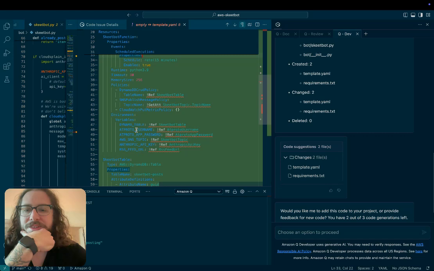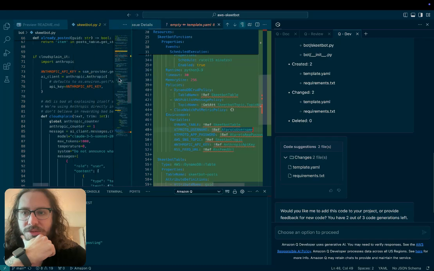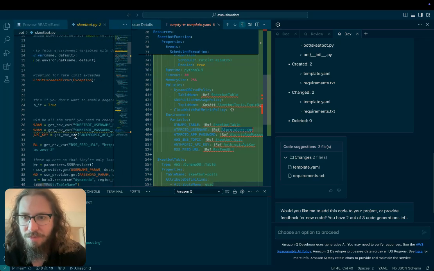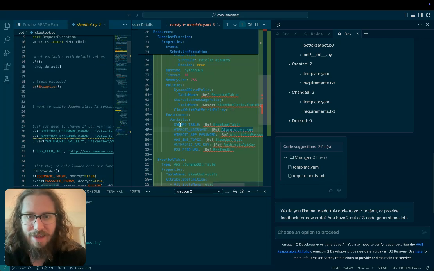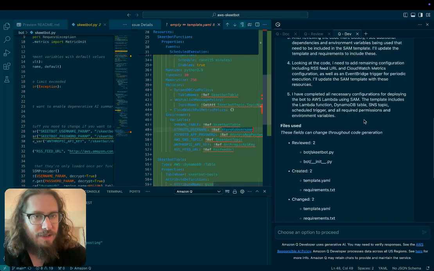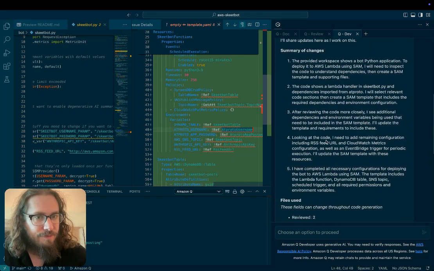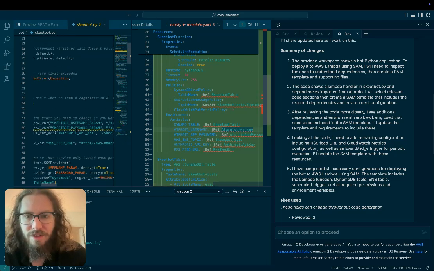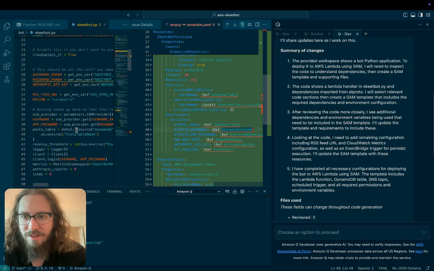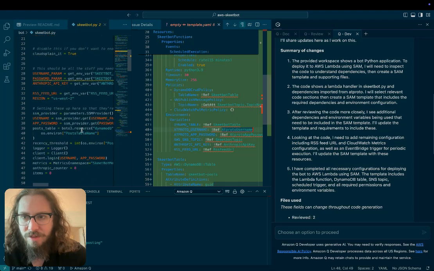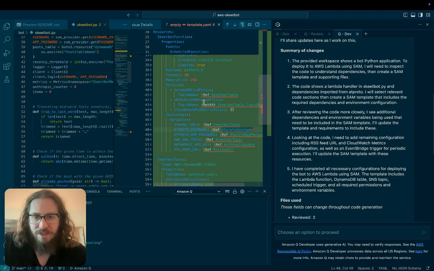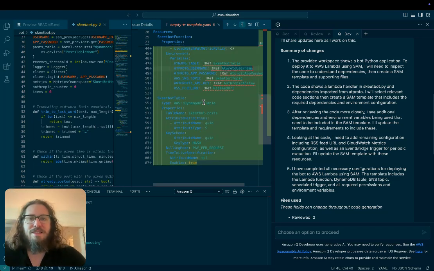I do think there's something, this looks like a little bit of a hallucination here. It's saying AT-proto username. Pretty sure that was not what it actually was in the code. Yeah, it should be skeetbot username param, not AT. So I don't really know where it got that from. Does it say anything about AT here? No. Yeah. I'm not sure where it got AT username and app password from, because I don't see that in here at all. Password param, username param. Yeah. So there's a little bit of a hallucination there,